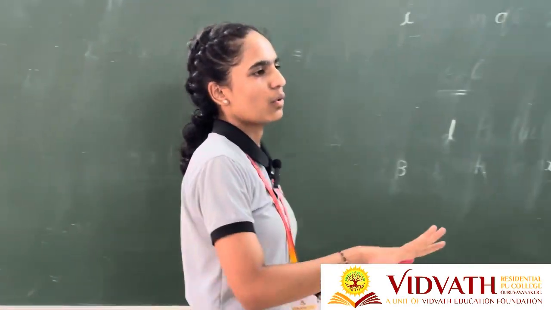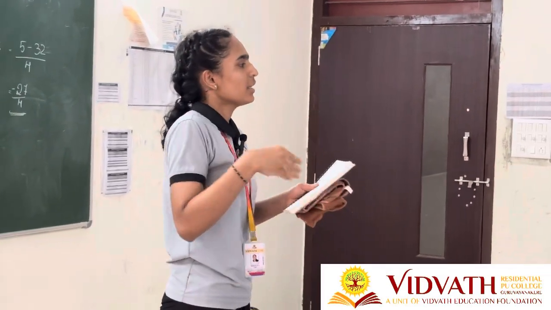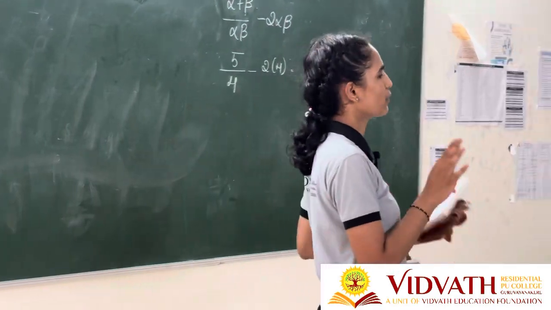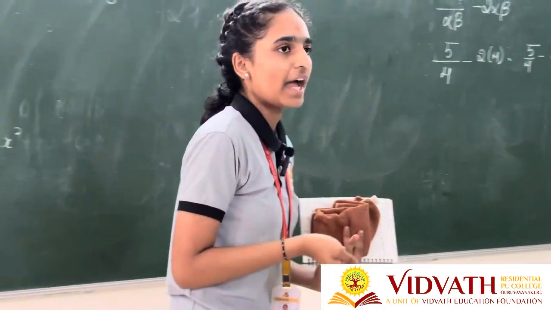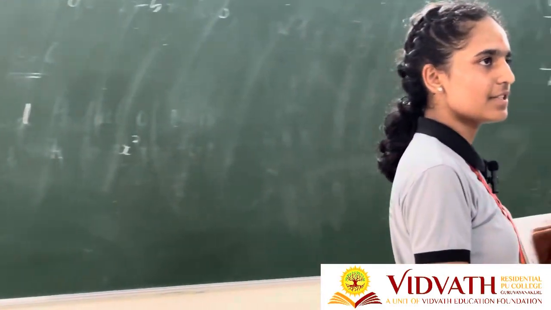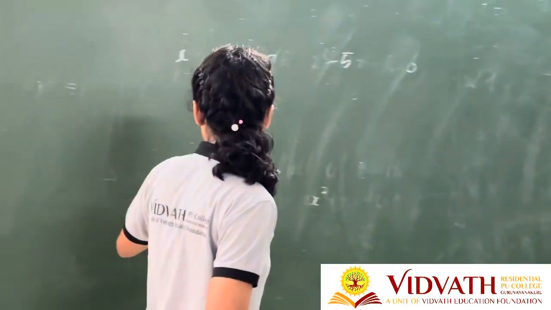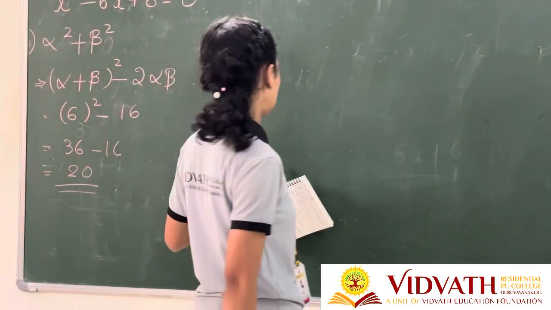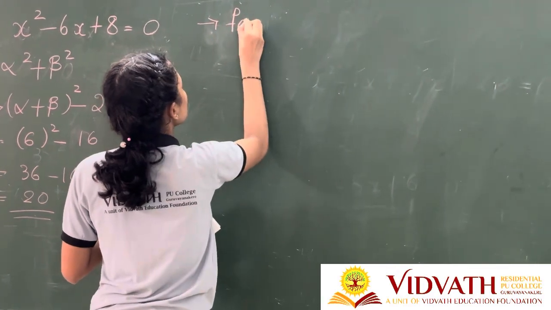Okay, then we are given an equation and they ask you to find the roots. For that, we have totally 3 methods. One is factorization, one is by using the quadratic formula, and another one is by completing the square. Now I am dealing with only two methods, that is, factorization and then the quadratic formula. So by factorization,